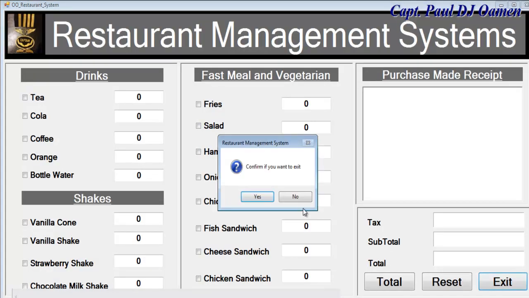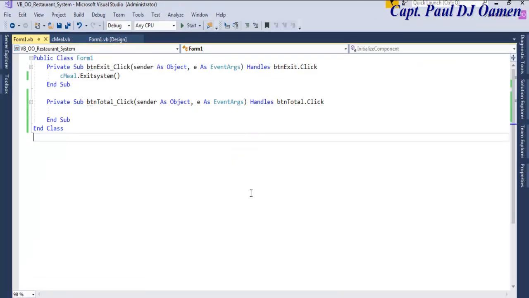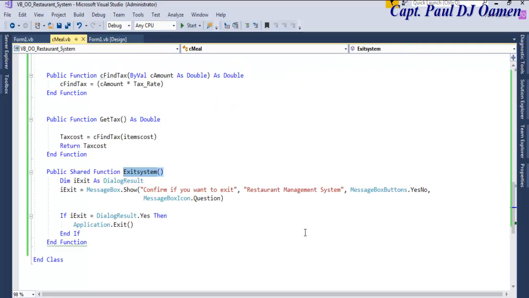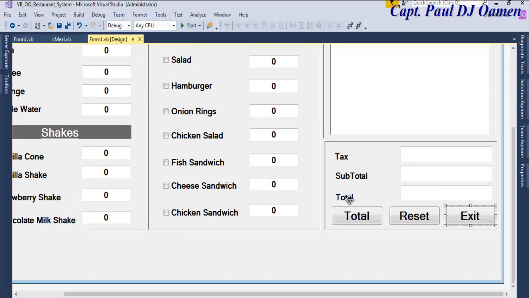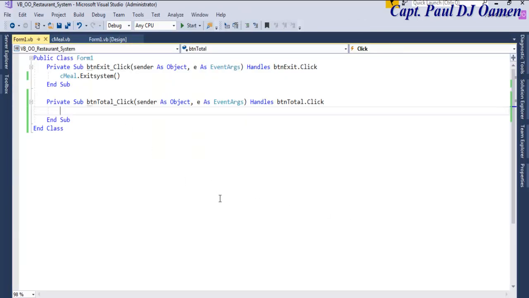There we go. Confirm if you want to exit. No. Confirm if you want to exit. Yes. Okay. Now let's have a good look at the total itself. Double click on the total. The first thing I'd like to do is to create an instance of that very class. So I'm going to call it mail cost